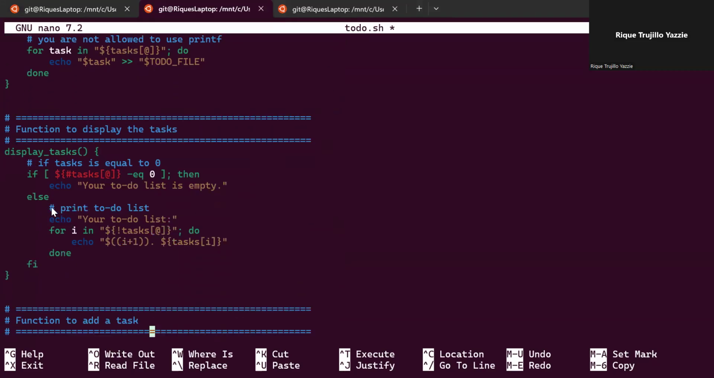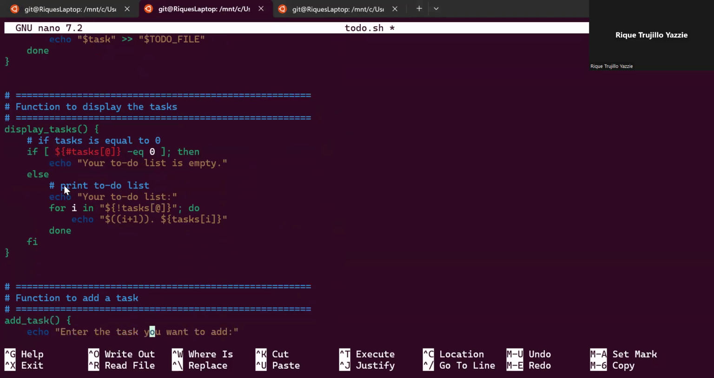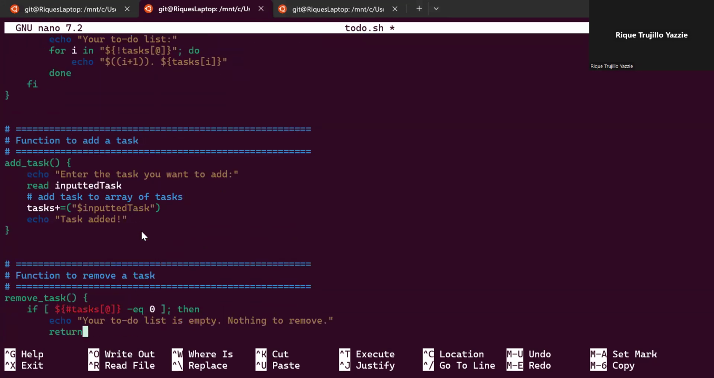And then we have here simply displaying the tasks. If tasks is equal to 0, so then just the entire array. If that is equal to 0, then our to-do list is empty. Else, we will print each index of the to-do list with this for loop. For i in the max index of tasks, do this, we'll print this, i+1, and then the current task index. Adding a task, we will do echo, enter the task you want to add, and then store whatever the